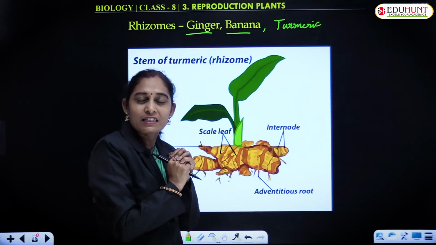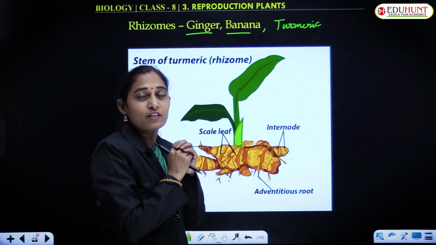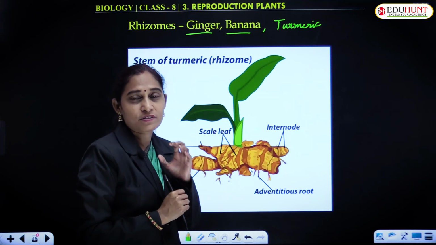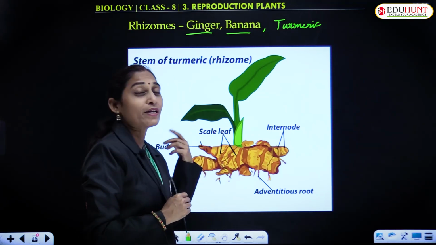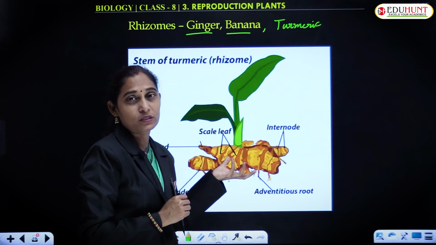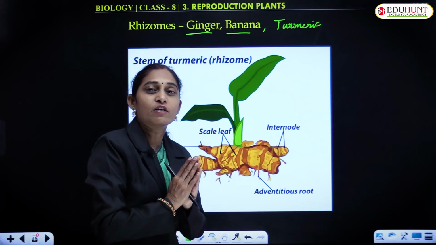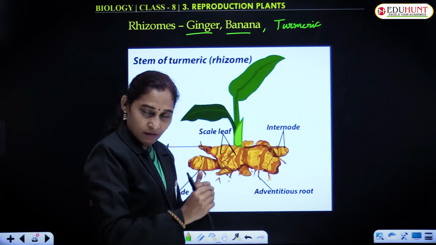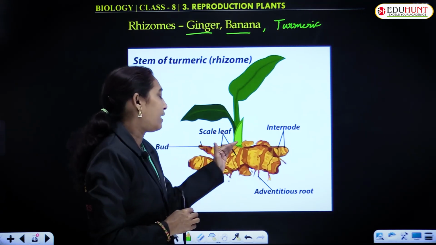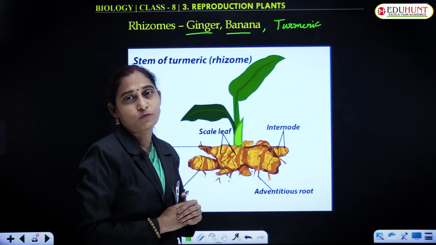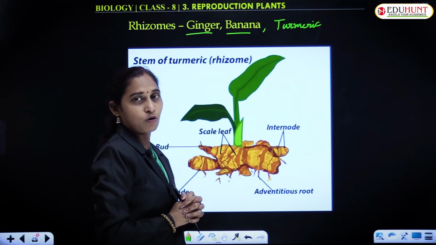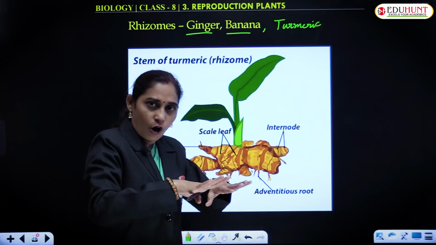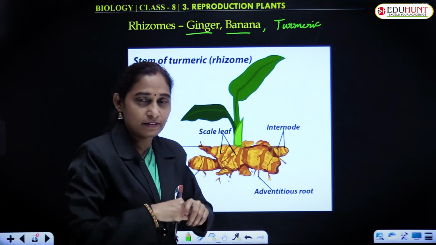Why is it present underground? Because to survive during unfavorable conditions, it is present in a dormant state for some time. How can we say that it is a stem, not a root? Because roots will not arise from the stem. Adventitious roots come from the lower part of the stem, and from the upper part the leafy vegetative part emerges. Rhizome grows horizontally, horizontal to the surface, that is soil,